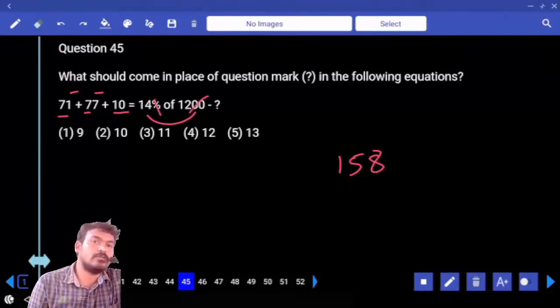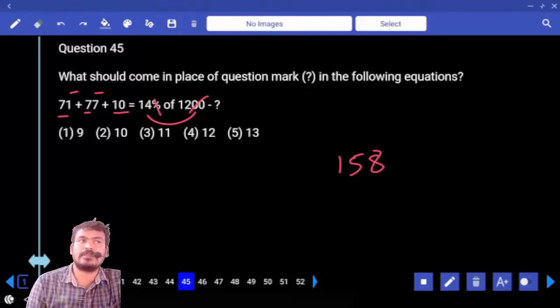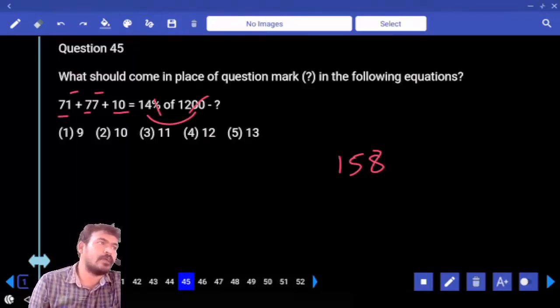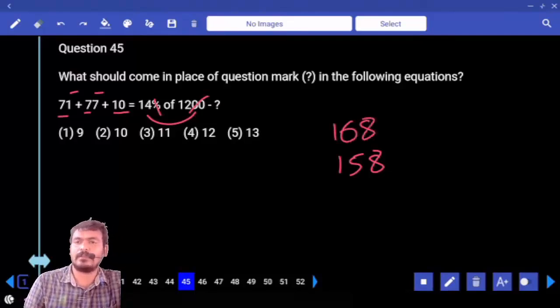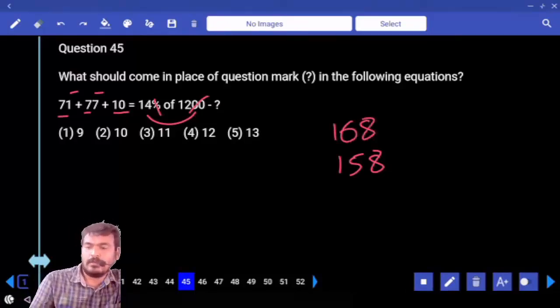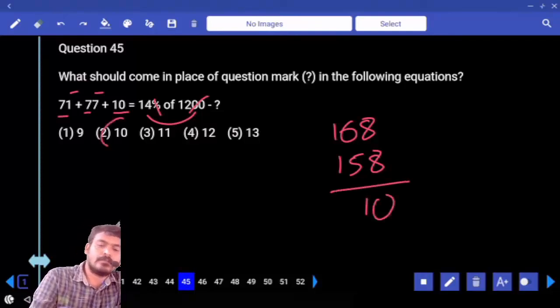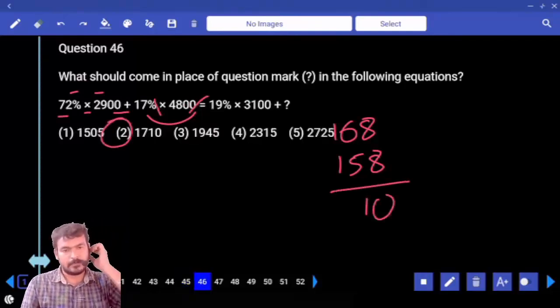14 into 12 means 13 square minus 1, or not? What is the 13 square? 169 minus 1, 168, then 168 and 158 difference, or not? How much? 10, or not? Next 46,